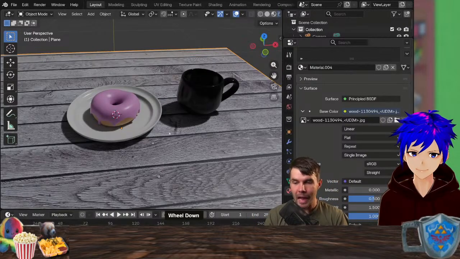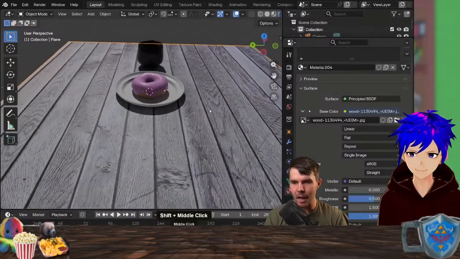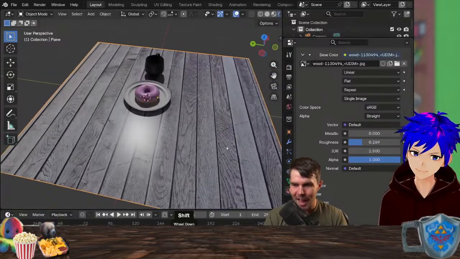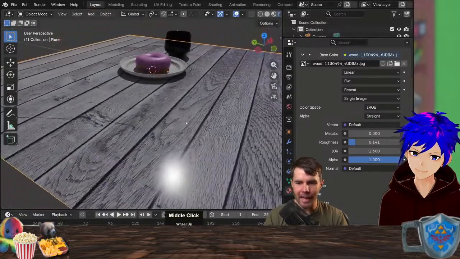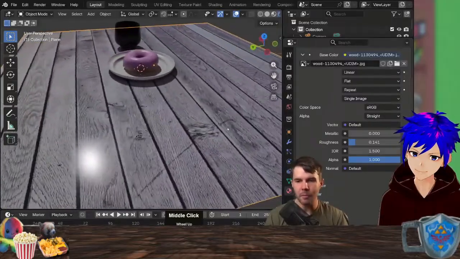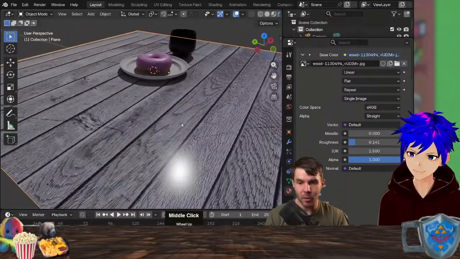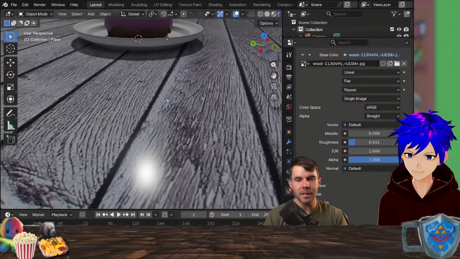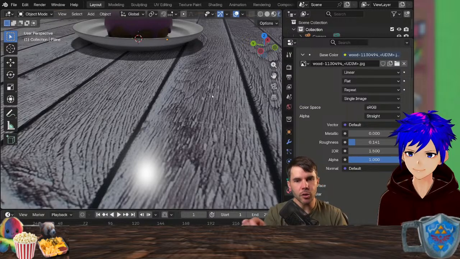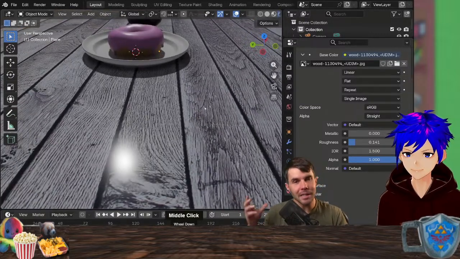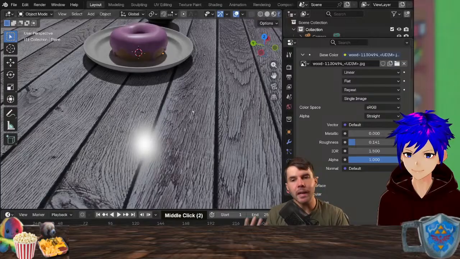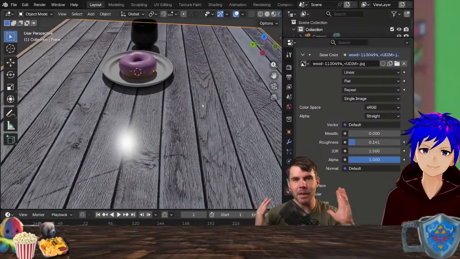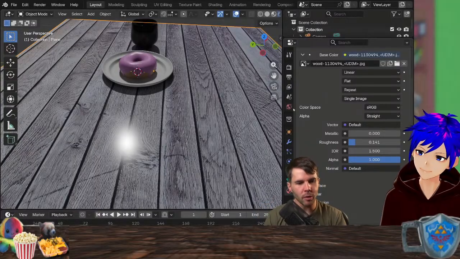But most of the time, most images, if it doesn't have those numbers, a string at the end, it should just load in fine. Anyways, let's say you had an image like this, and you wanted the table to look wood, right? We're not going to do that, but just to show you. You would see it's okay, right? But there is no bump information, okay? And that is because, of course, the 3D software doesn't know that there's supposed to be crevices here, right? Little dips in between the table, the fine-toothed grain of it. It has no idea because it's just taken with a single camera. It would have no idea how to guess what that true information should be. Yeah. I mean, there is technically a way to guess it, but it never really turns out well. So I'm not even going to bother showing you.